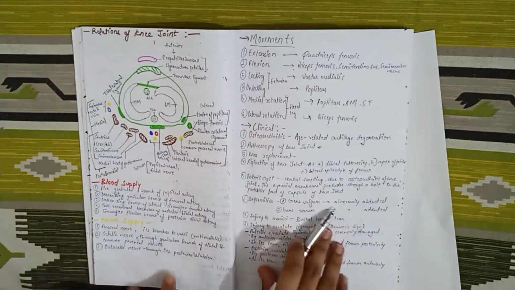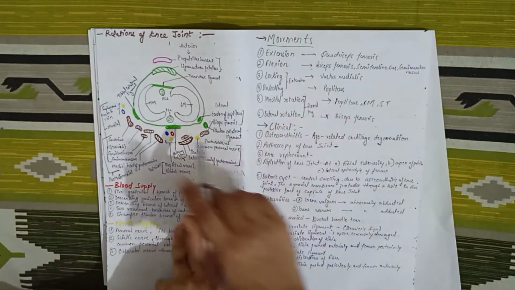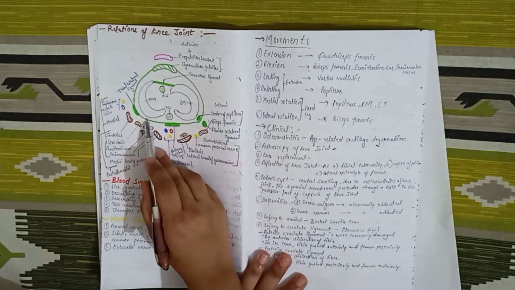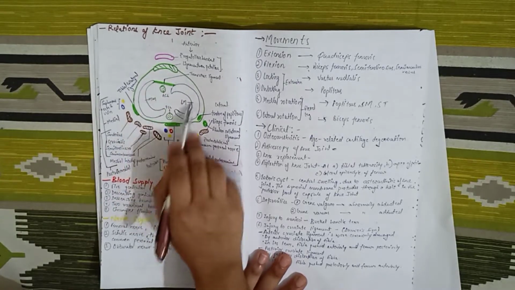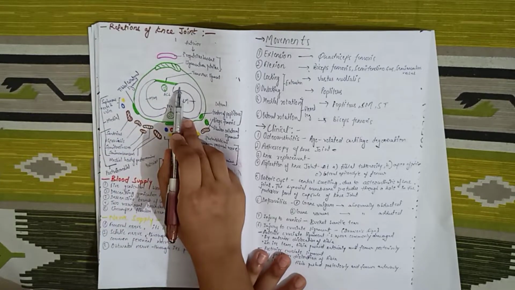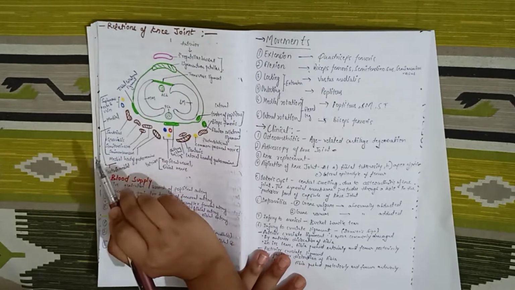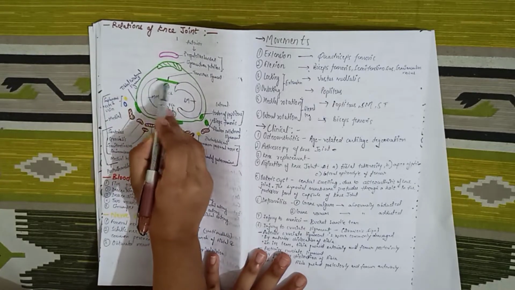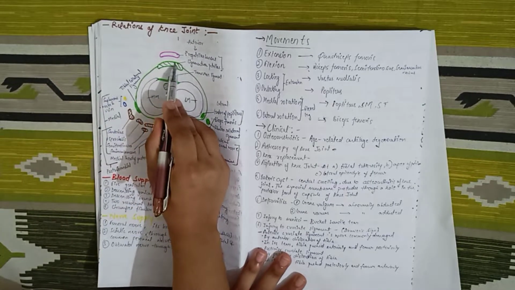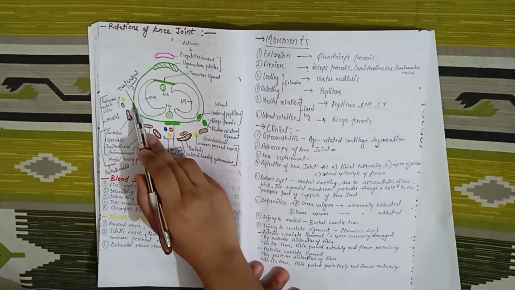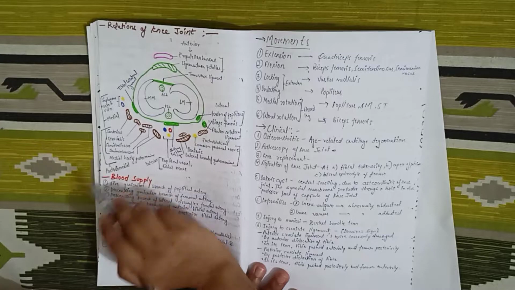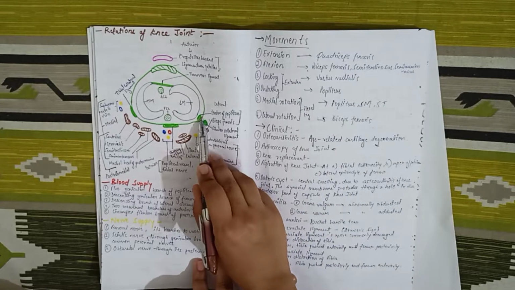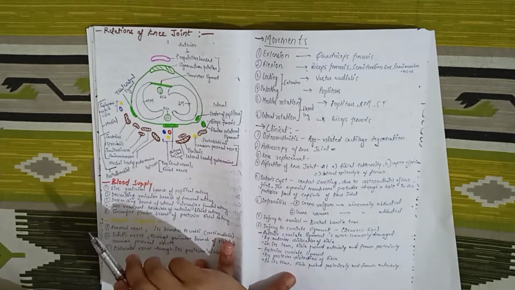Now relations of the knee joint. This is a diagram of the relations of the knee joint. Here this is the capsular ligament around this. This is the medial menisci, lateral menisci, anterior cruciate ligament, posterior cruciate ligament. This is the transverse ligament. This one is the ligamentum patellae. Here is the tibial collateral ligament. Here is the oblique popliteal ligament. Here the tendon of popliteus and biceps femoris.